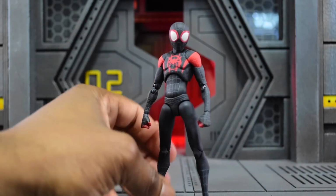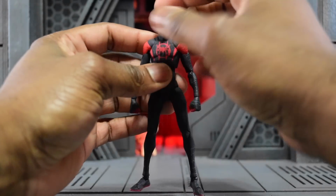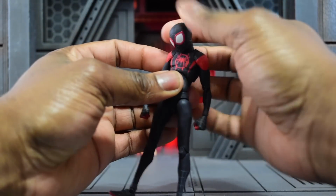Shout out to Figure Fix though, who did do a neck mod, as well as Dan's Custom CA. Both of them had done neck mods. If I can find the link for it, I'll put it in the video description for you guys to check it out. But yeah, otherwise, getting a look at this guy, everything about this just looks really solid,